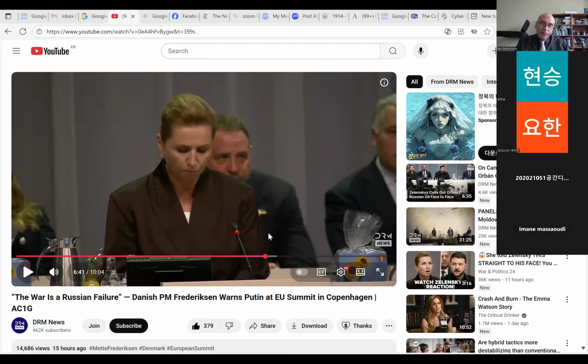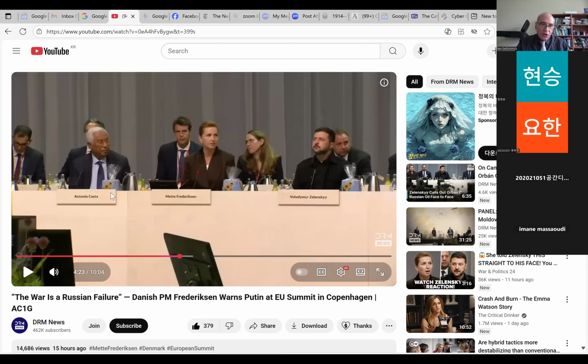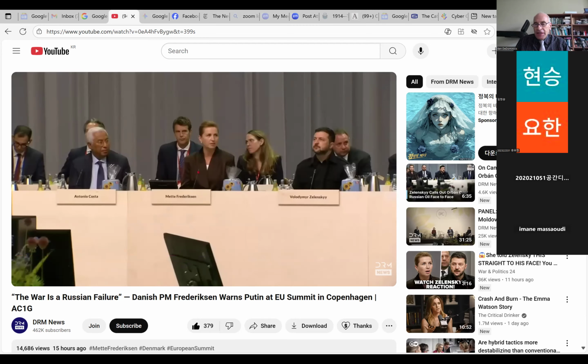And just to show you how this functions, you can see here sitting next to the Prime Minister, if I can find it there, Antonio Costa. He's the president of the European Council, which is maybe an unfortunate name because he's basically like the general secretary of the European Council. His job is to help the European Council, when it does meet, to organize their meetings and get everything set up so that the final decisions necessary by the heads of government and state can be made when they meet as the European Council.